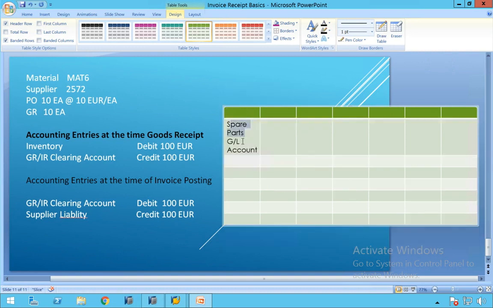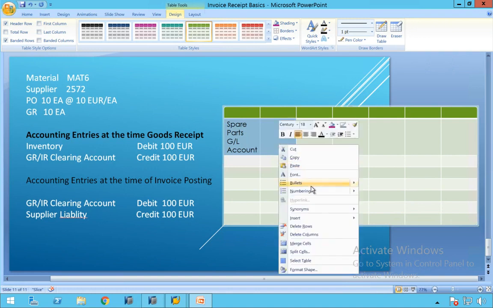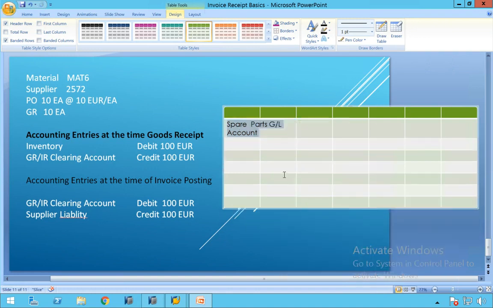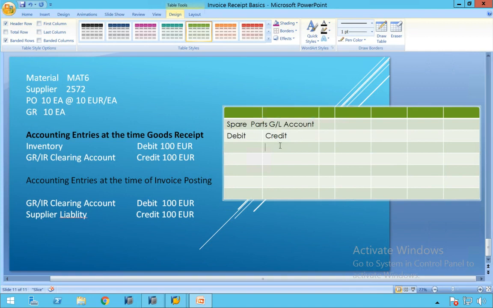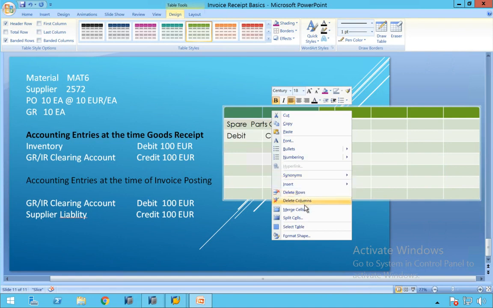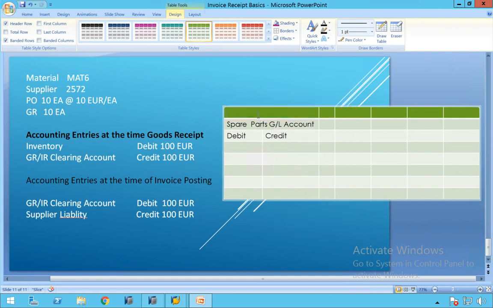So I'll match these two cells. Match cells, correct. Why? For debit and credit. This I'll write as debit, this I'll write as credit. And I'll simply extend this, and this also I'll split, club net cells. What I'll do, at the time of